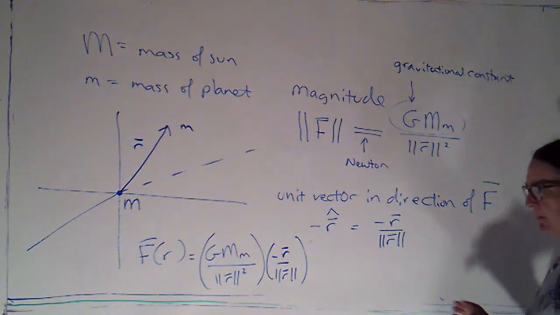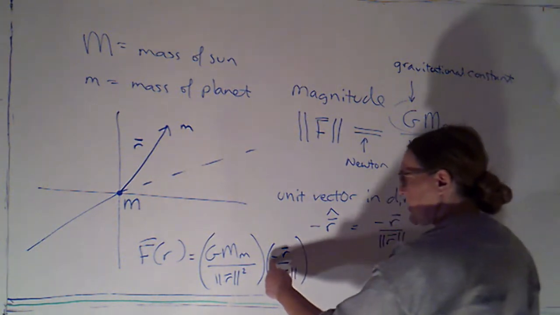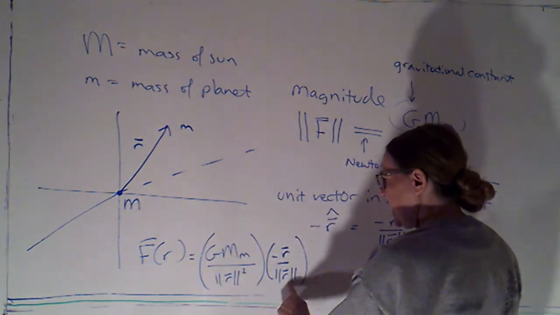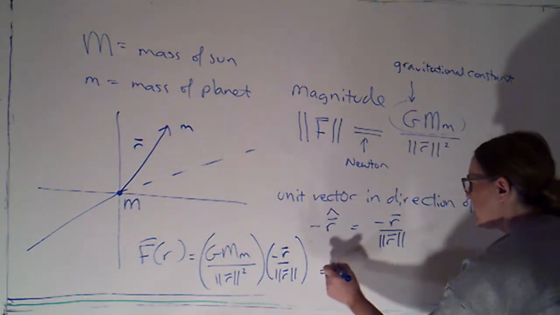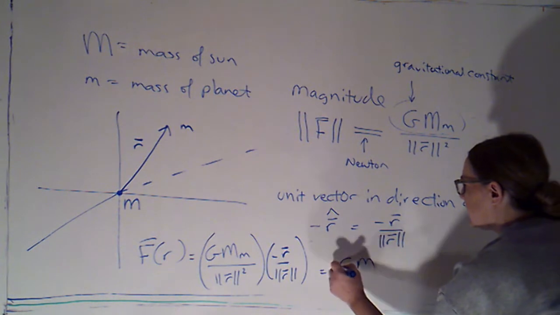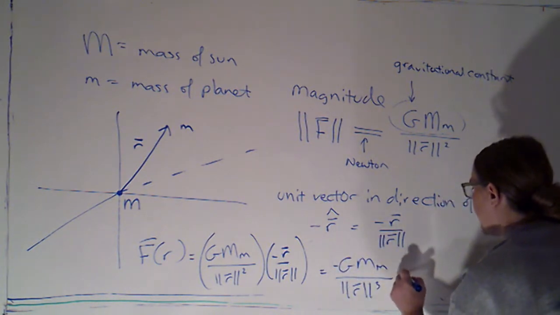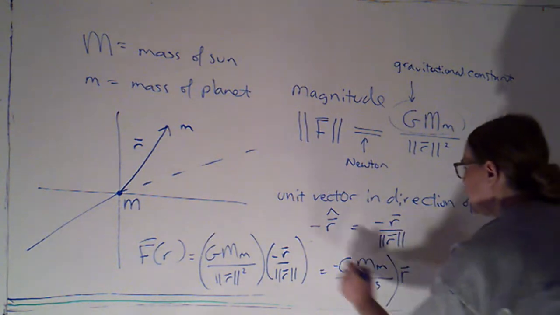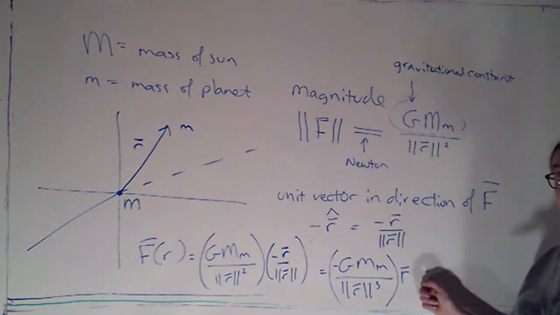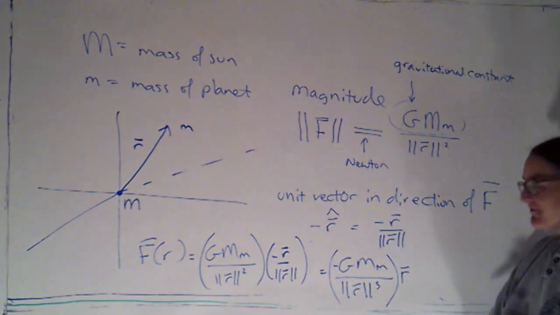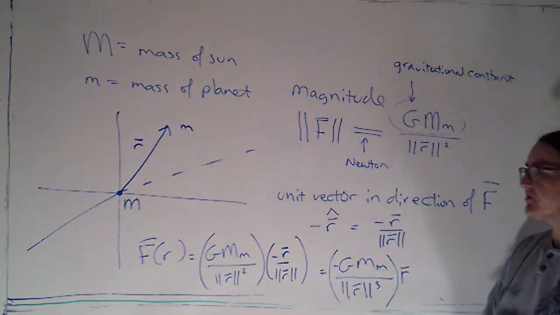But usually I'll probably rewrite this. I'm going to just bump that negative sign to the front and associate it with that constant on top. And then that actually gives me 3 factors of the magnitude of r on the bottom. So I end up just getting a multiple of r. With gravity, since it's an attractive force, it's a negative multiple of r because it points in the opposite direction